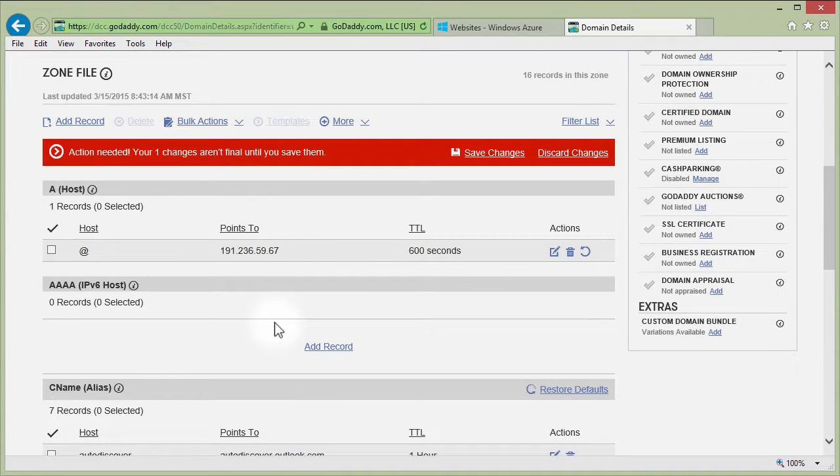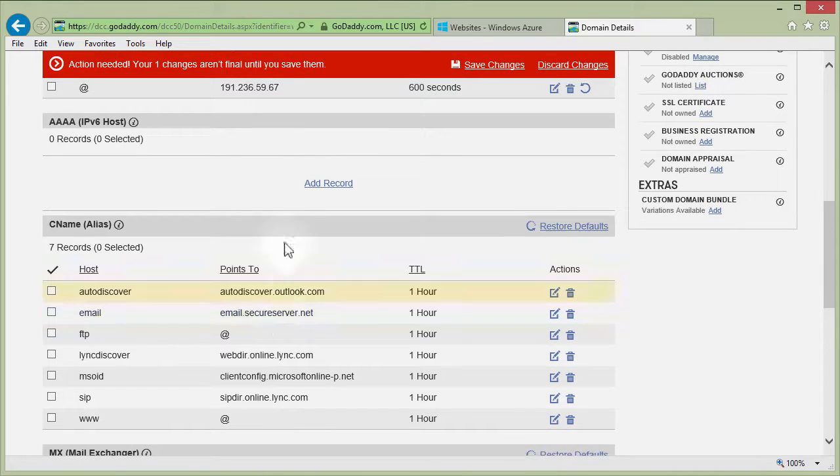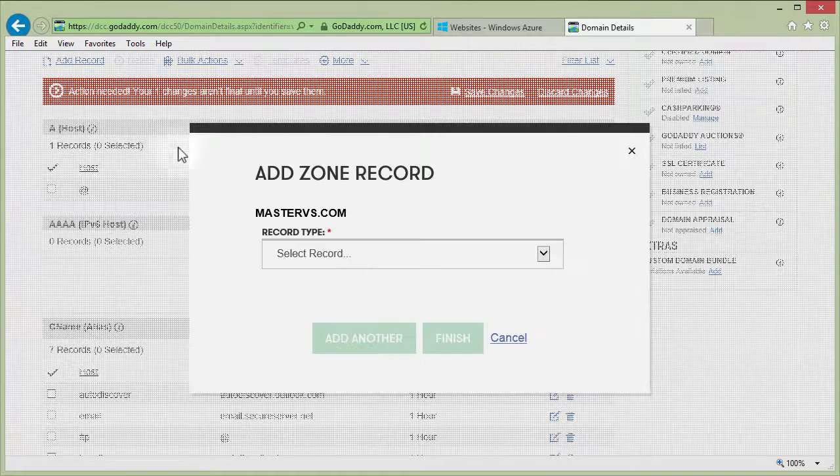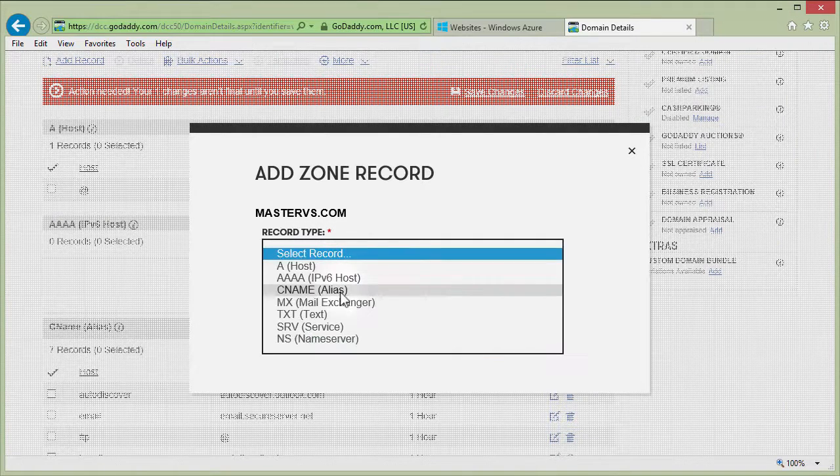Now the second thing they're looking for is CNAMEs to show that we actually own and can control this domain name. So we've got a couple CNAME records that we need to create, and those are done by clicking on Add Record, and that should give us a pop-up. Here you want to pick CNAME,